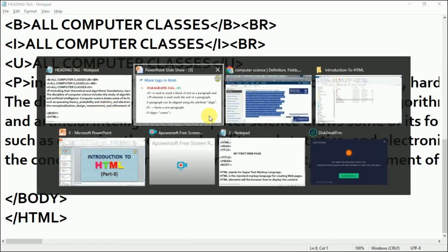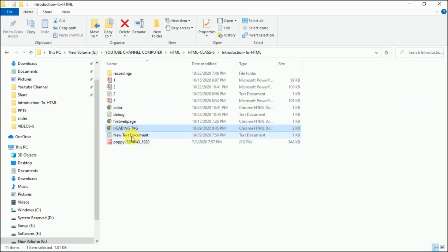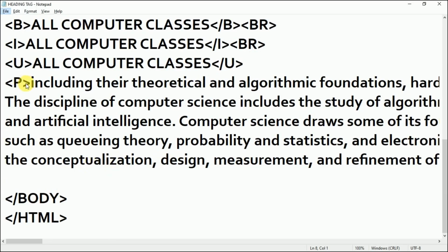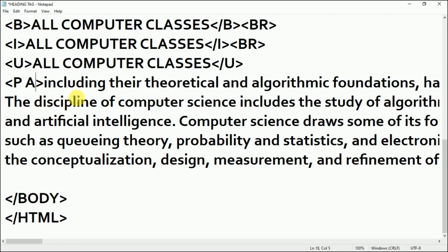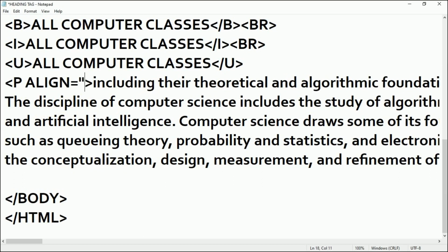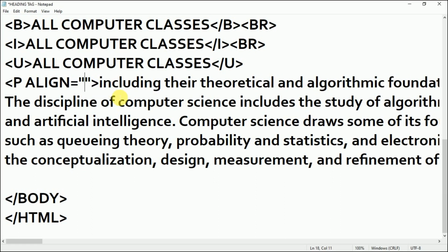I'll go to the folder and open the web page. Now you see, it is a paragraph and it is aligned by default to the left side. Now let's make it a justified alignment. Now I will give align is equal to, align is an attribute, and we'll give it a value,